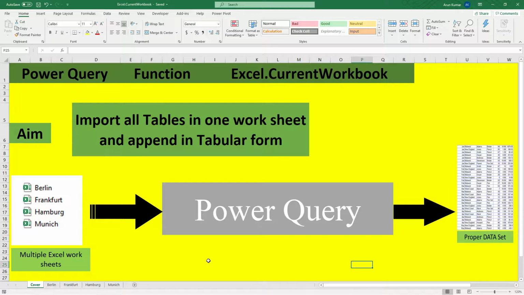In this video tutorial of Power Query, we are going to learn about a new function of Power Query. It's called Excel.CurrentWorkbook. And what is the use of this function? This function imports all the tables in the current workbook, because for example the current workbook has multiple worksheets and we want to append the whole data in one worksheet. For that we use